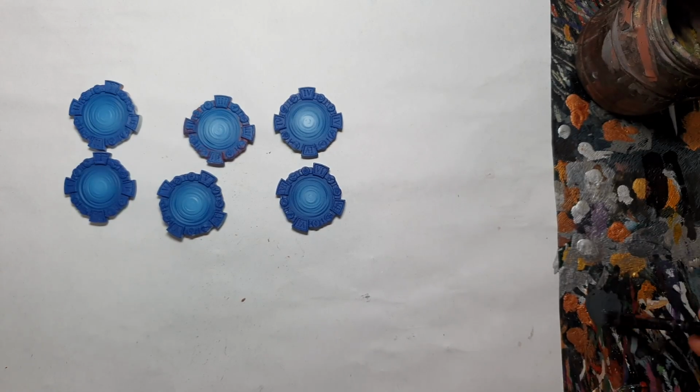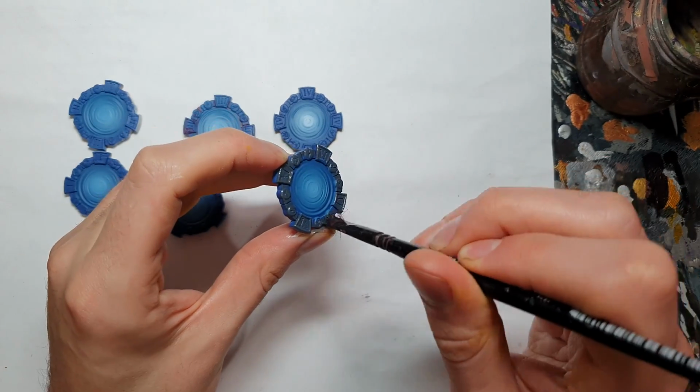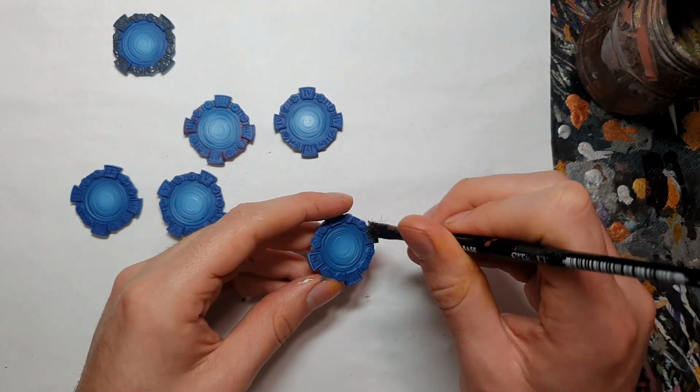Once you're happy with your portal effect, let's move on to the stonework and details around the edge. I'm going to be painting around the edge of the portals with Eshin Grey. This is going to give me a nice base coat to work from. I'm not being too neat at this stage, I am going to need to come back in and tidy up